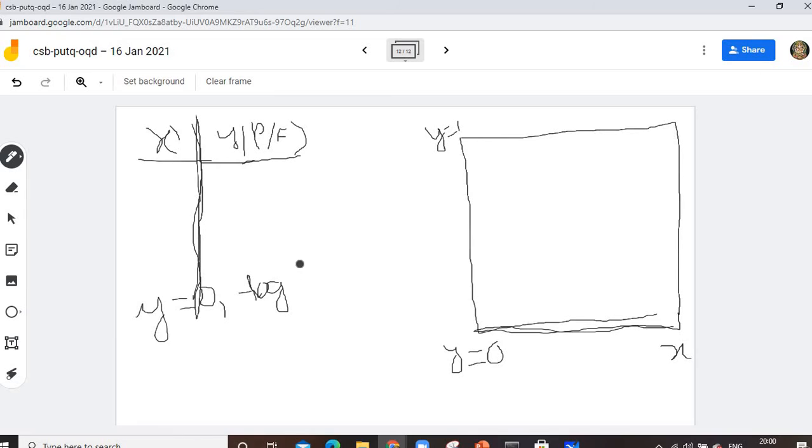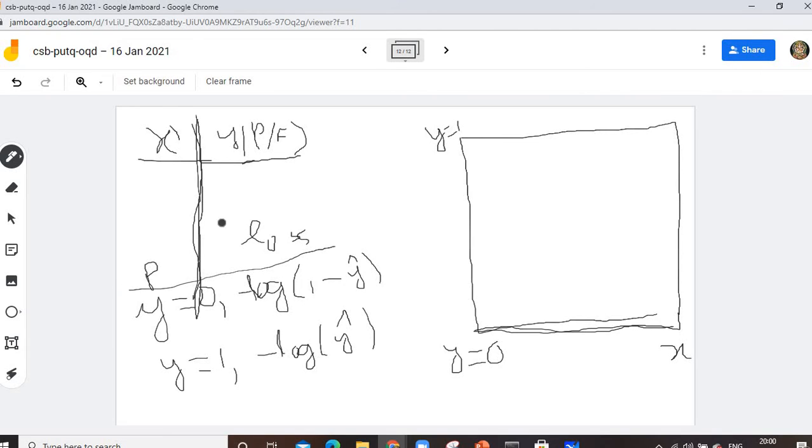Minus log of 1 minus y hat. Okay, just remember this one. Now we'll calculate on this basis this problem. If y is equal to 1, my loss function will be minus log of y hat. This is simple, y hat and 1 minus y hat. This is my problem, this is my probability, and this is my loss. If y is 0, then my loss will be this, and if y is 1 we know this.